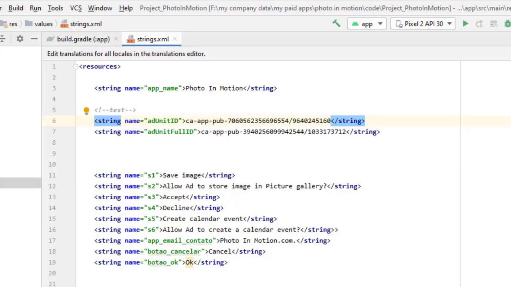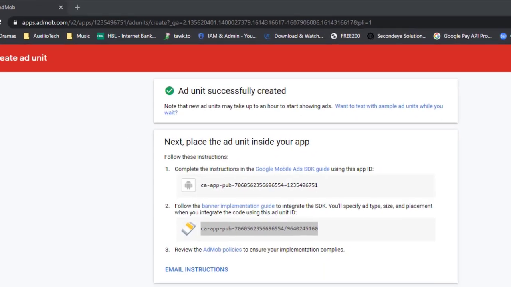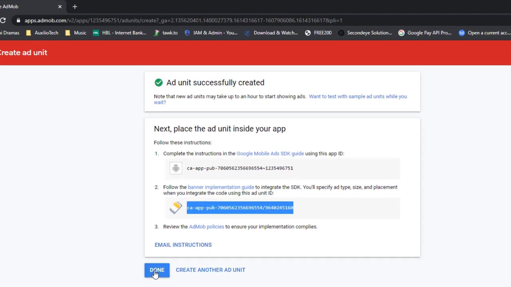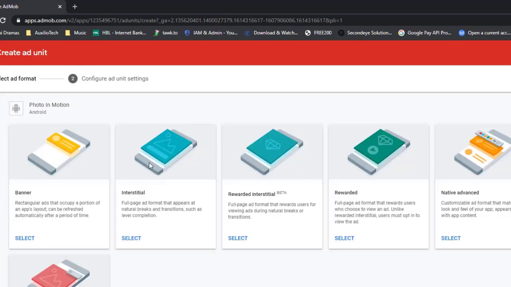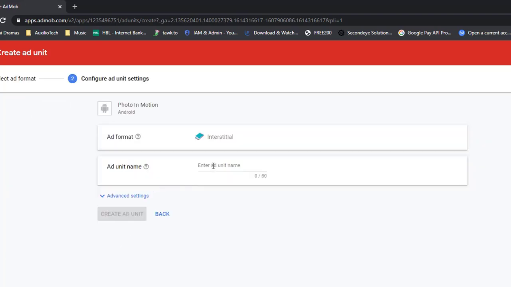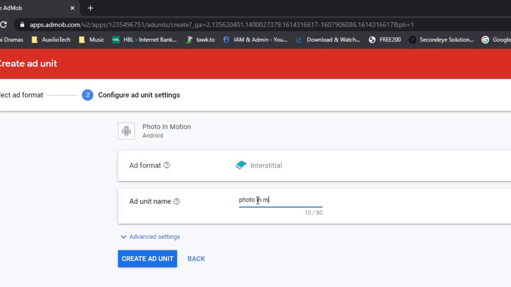Now we need to add the interstitial ad unit ID. For that go to AdMob again, click here, done. So you will be on this page. Click on add unit again, and we have to put in an interstitial ad here. So select this option, give it a name, interstitial Photo in Motion interstitial